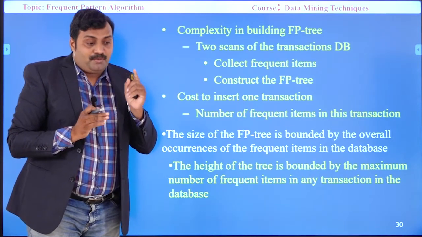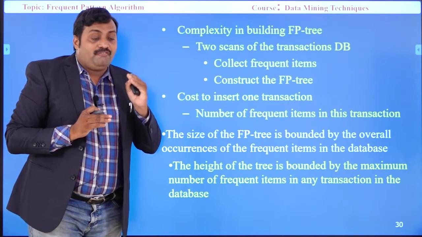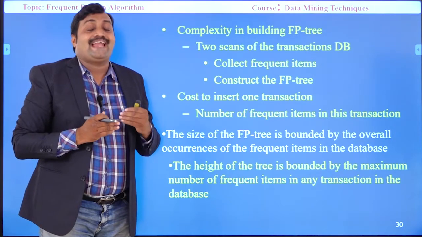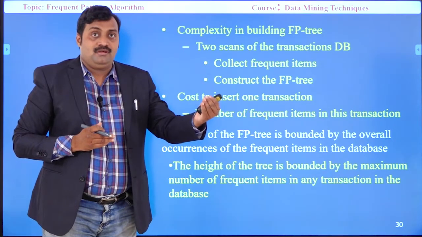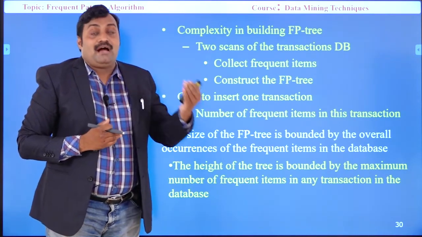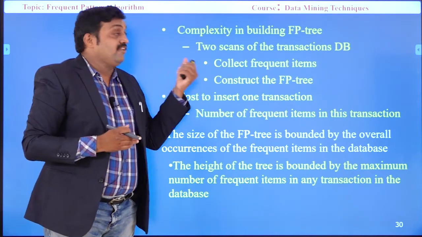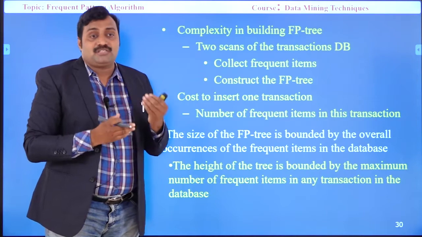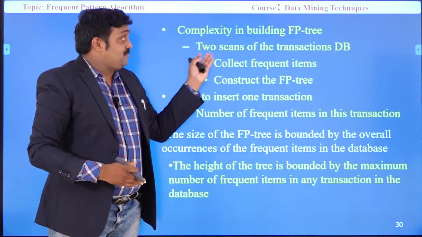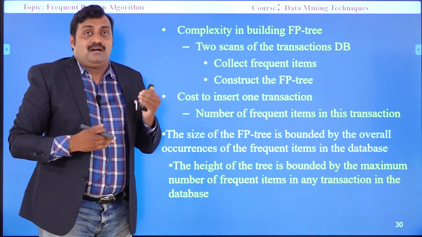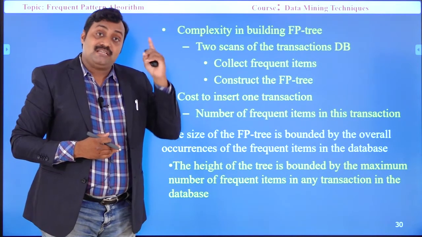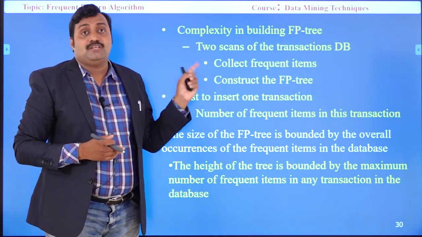We need to remember one important point. Sometimes, to confuse, someone asks in an examination, explain about candidate based association rules. Candidate based means Apriori algorithm. Write an algorithm without candidate generation, that is frequent pattern. So it is an indirect question. Generally a direct question is, explain about the Apriori algorithm, you are able to write. Explain about the FP tree, you can write. But indirectly, write in detail an algorithm for the candidate generation based. Candidate generation means Apriori only. Without candidate means FP. You have to remember this.